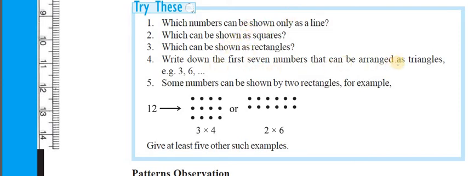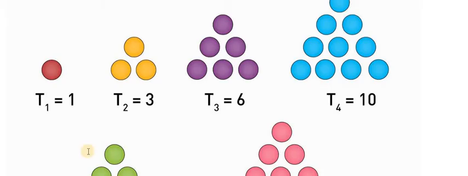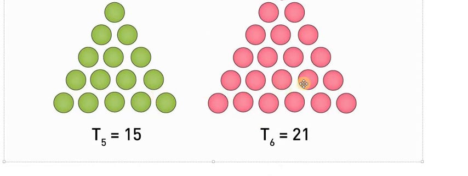So 7 numbers that can be arranged as triangles. So 3, 6, nothing but you have to write the triangular numbers. 3, 6, after that you'll get 10, 15. Okay, I'll explain what the triangular number is. So like this we can draw triangles with the help of dots. With 1 dot we will not get one, with these 3 dots we'll get a triangle, and this is the second triangle with 6 dots, and this is the third triangle with 10 dots, and next is with 15 dots, and then with 21 dots. See, if you see down inside also you are going to get a triangle. So like this you are going to draw.